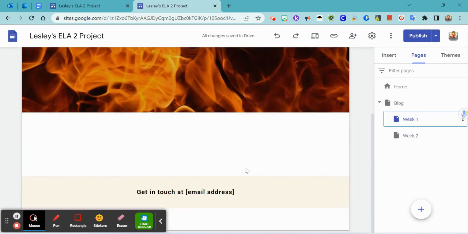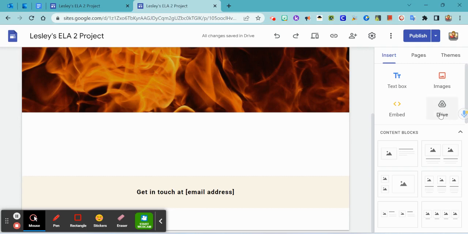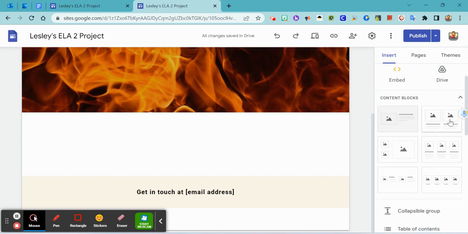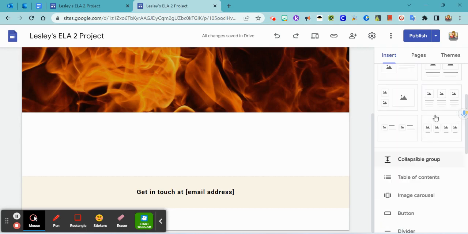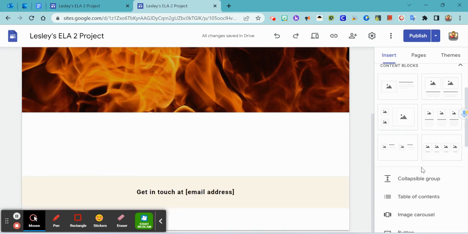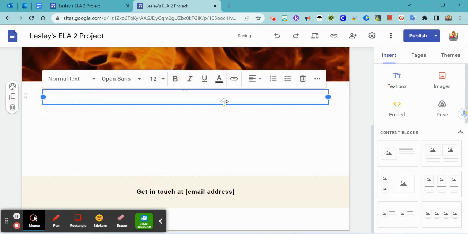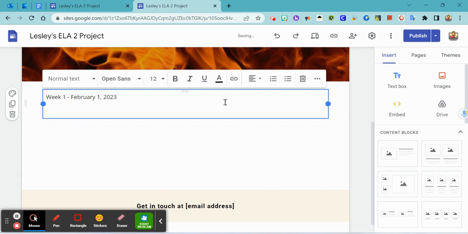Now, if you are in week 1, you'll notice that there's nothing here. If I go to the insert menu, I can insert a text box, images, or something from Google Drive. There's also suggested content blocks, which is what we saw on our home page, and other options on the bottom. For our purposes right now, we're clicking the text box, and we are saying week 1, February 1st, and adding